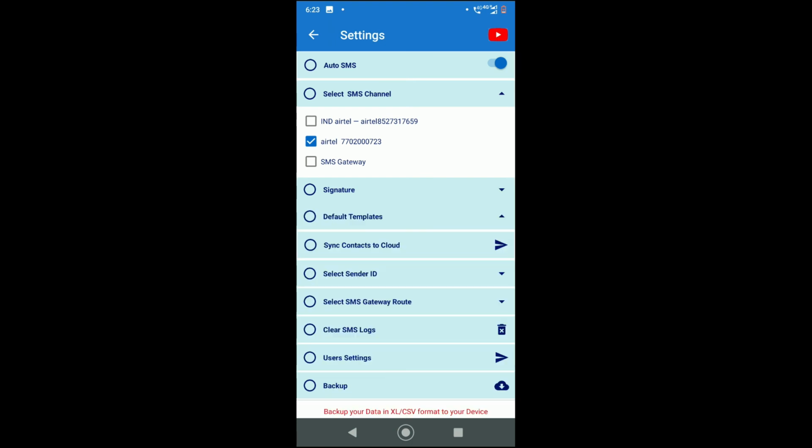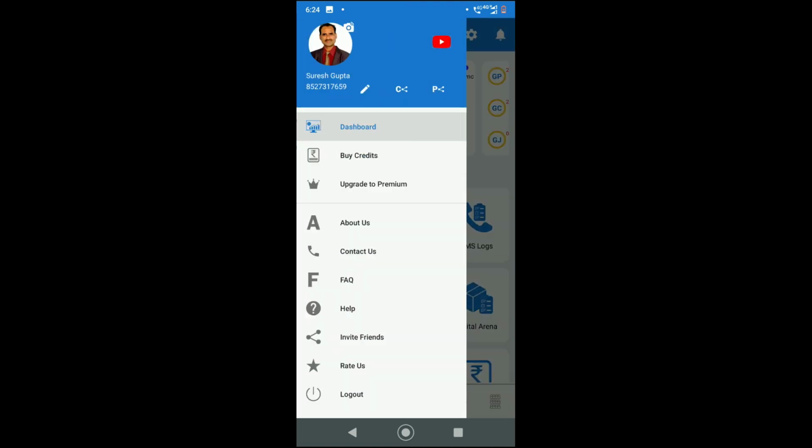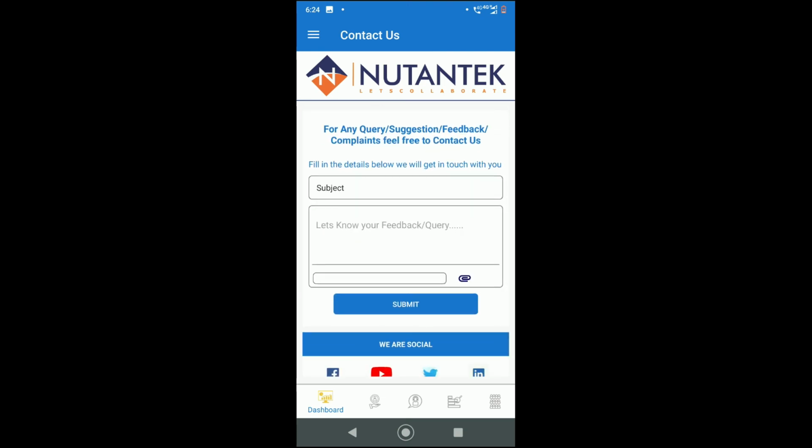Hope you like it. In case you need any more assistance or help, you can ping us on WhatsApp, write to us, email us, or go to the three-dash menu bar at the top, come to contact us, click on it and you will see the contact us form. Fill up the form. If you are facing any error, click on the attachment button and then submit to us, and we will contact you.